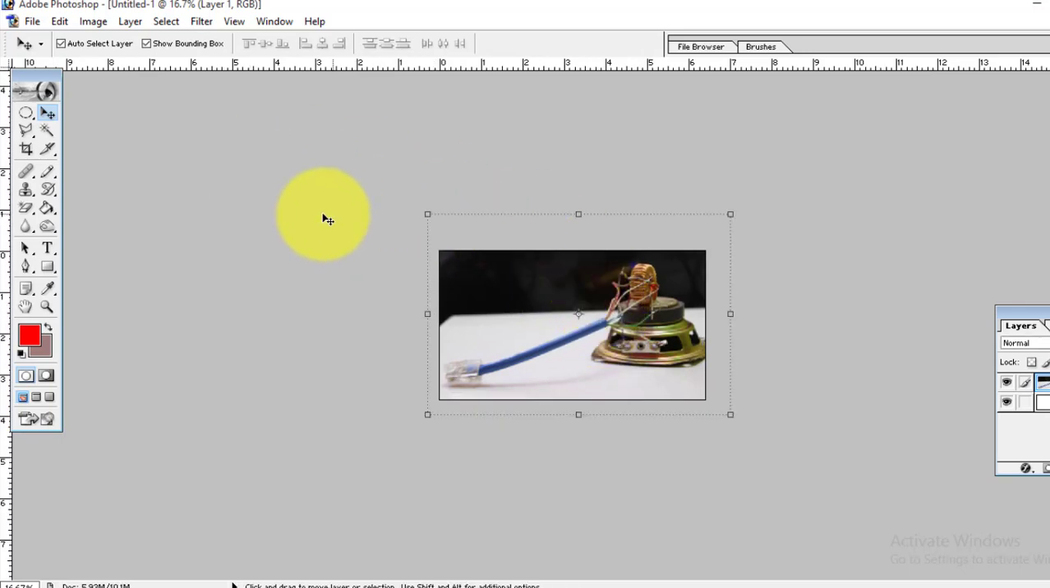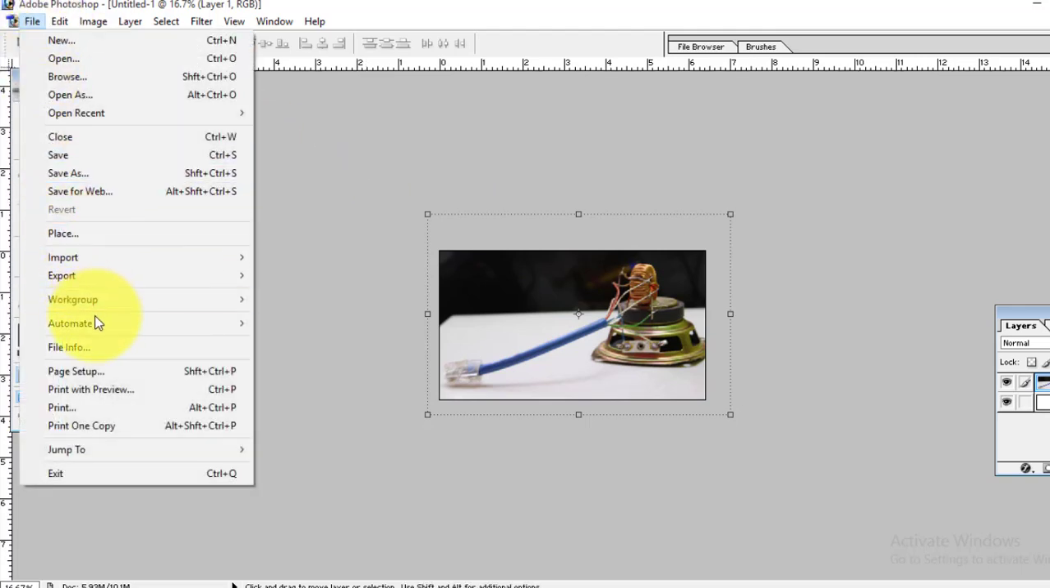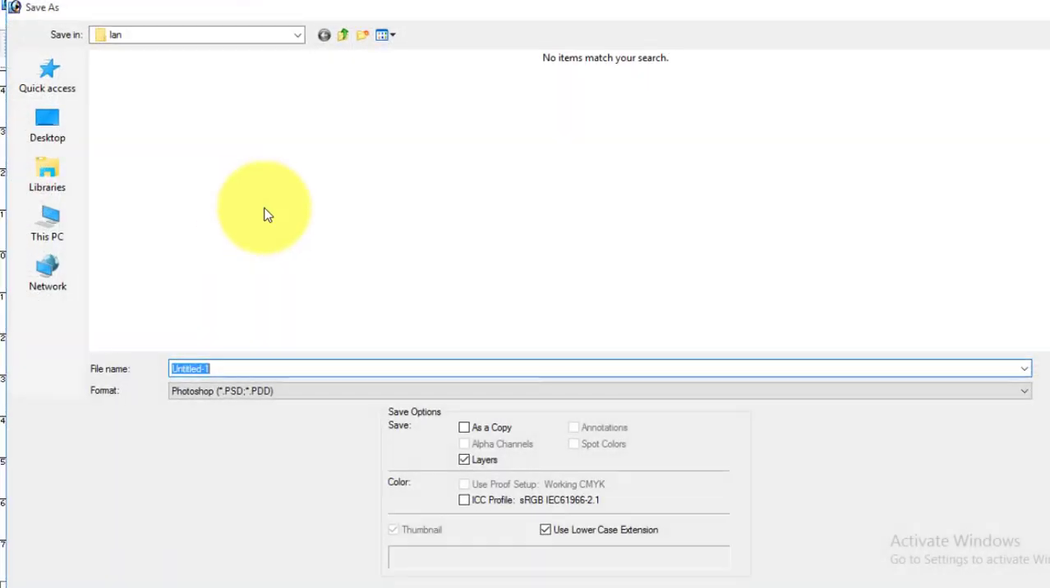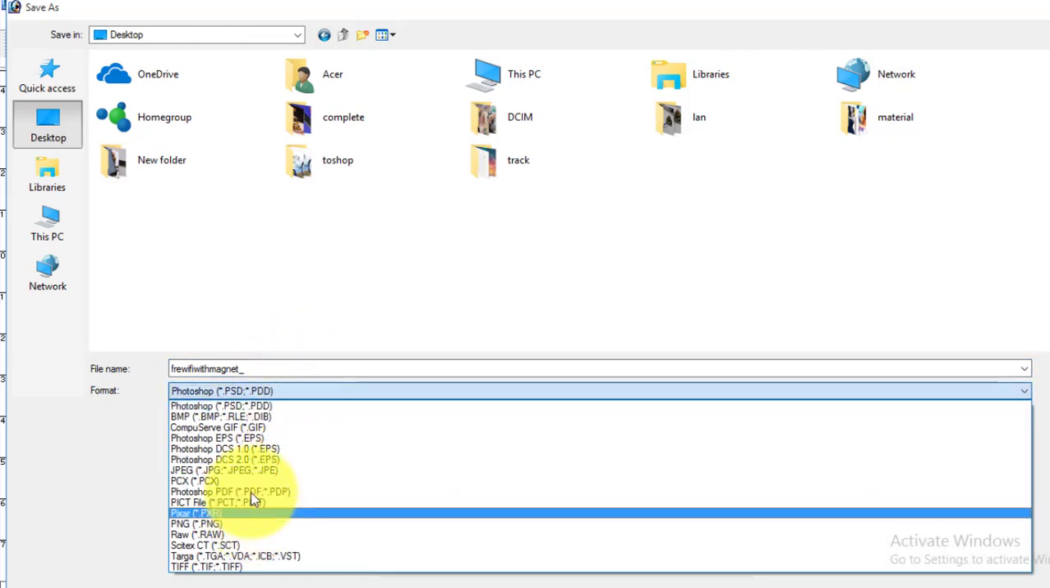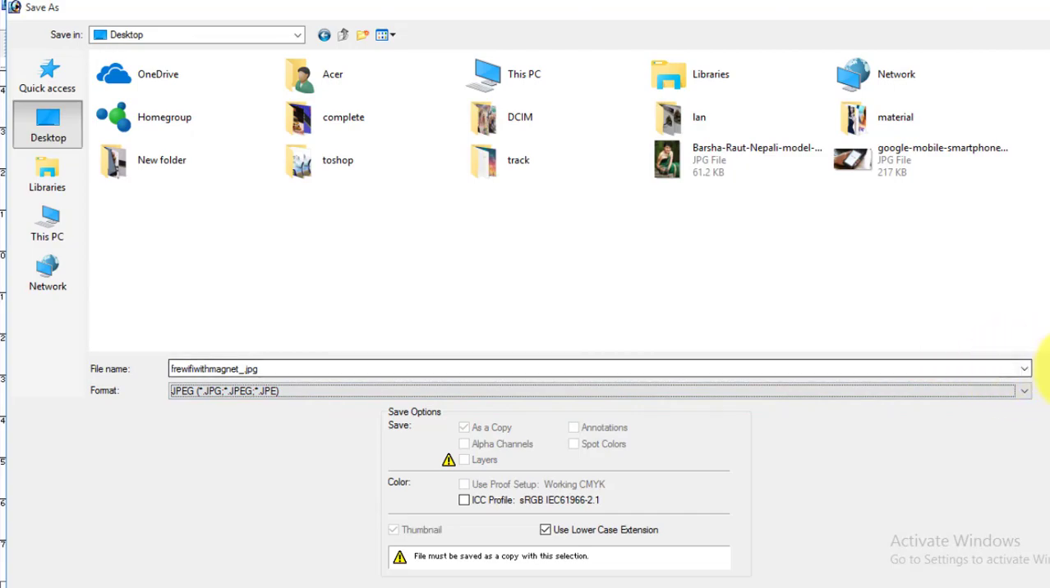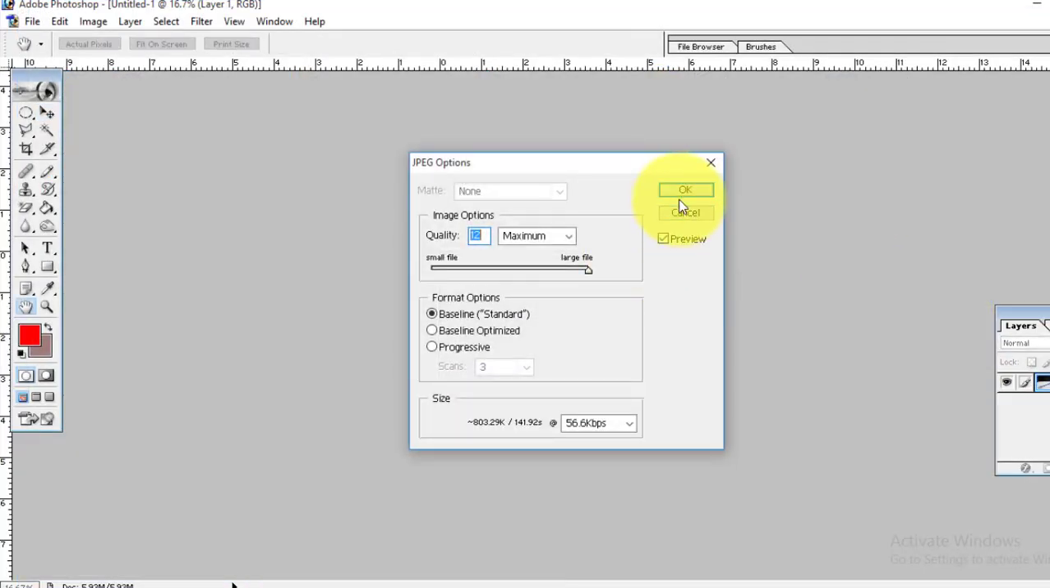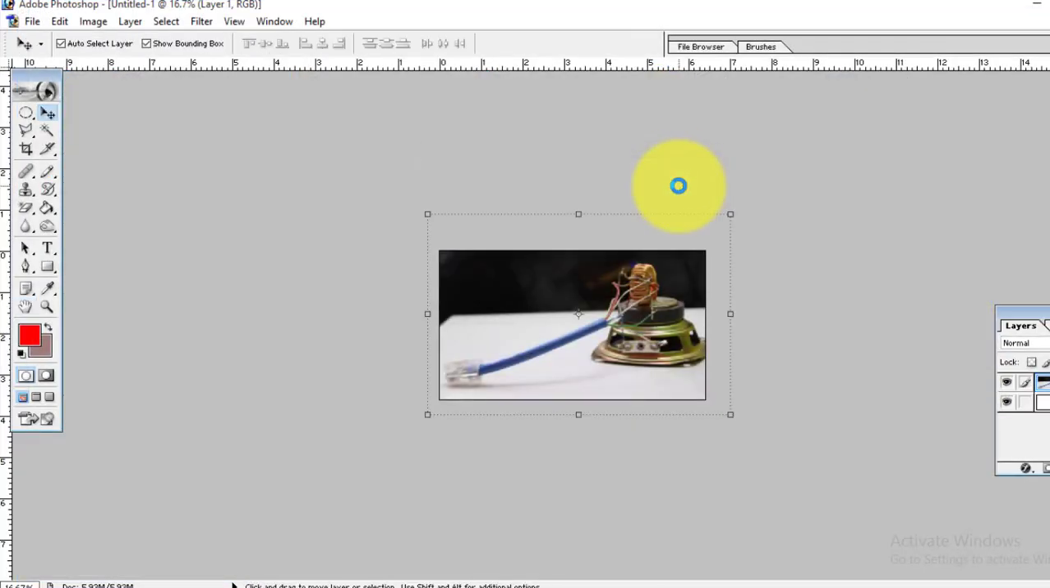That's it, and press Ctrl Shift S or file, save as. I'm saving it in desktop. And format, choose JPG, save. Okay,